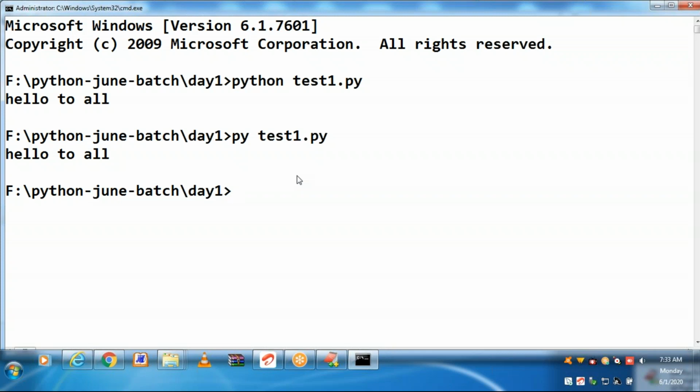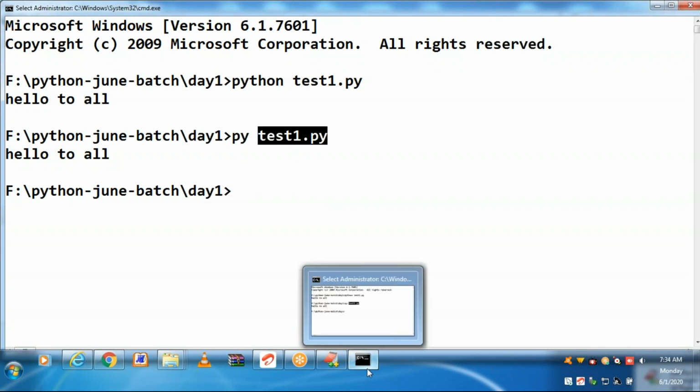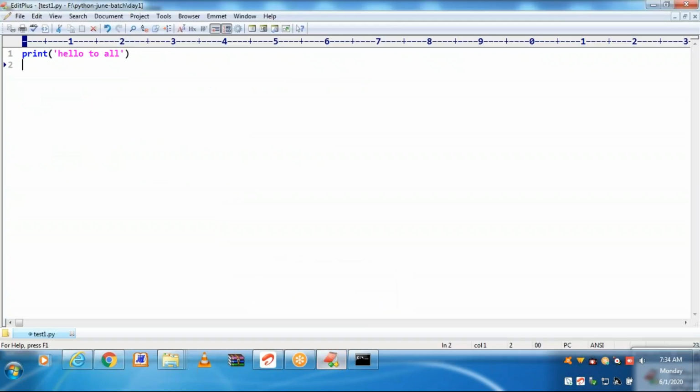Py space test1.py. The total file name you have to specify. Straight away it will be running. No intermediate step like a compilation. Py space test1.py. Hello to all. This is a simple program.